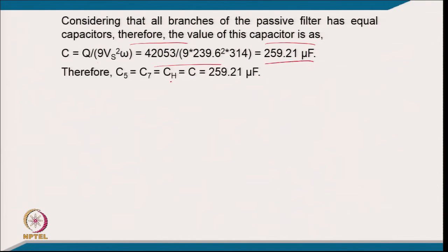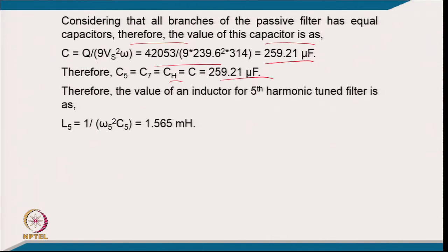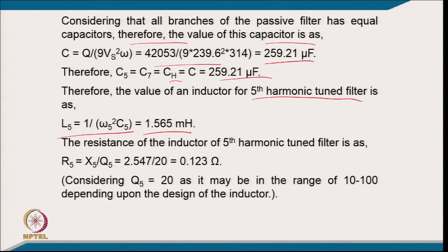therefore, C5, C7, CH equal to 259.21 microfarad, and the value of the inductor for the 5th harmonic tuning is calculated from this relation. So, it comes 1.565 millihenry, and the resistance of the inductor is calculated from the quality factor, X5 by Q5, taking a quality factor of 20. So, we get the resistance 0.12